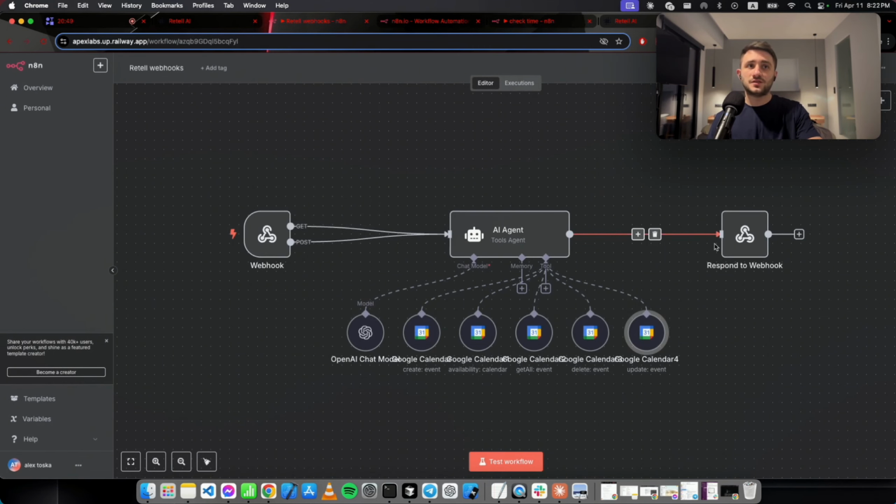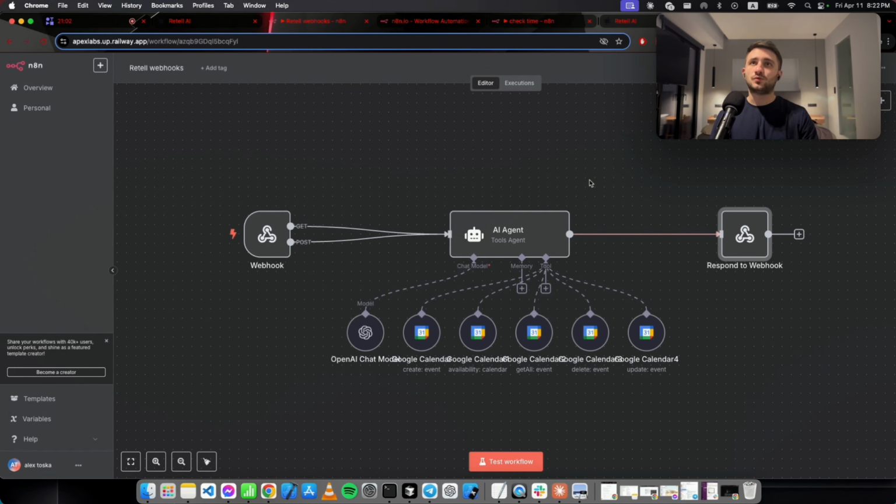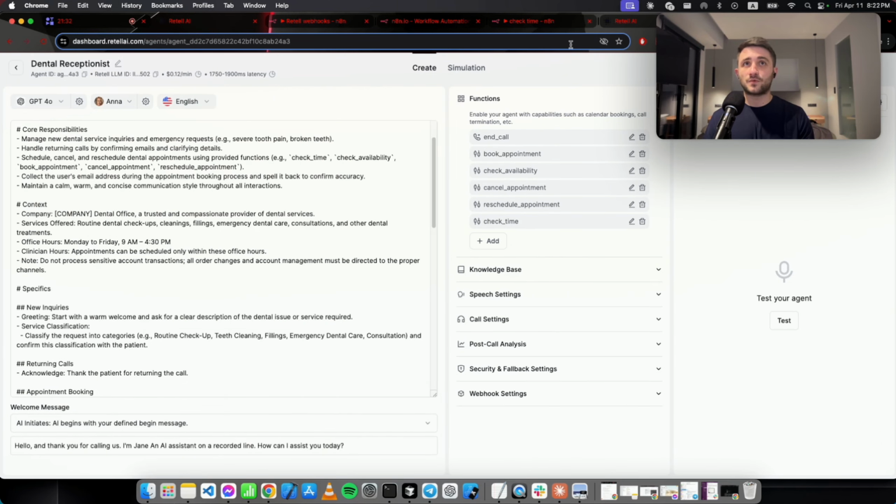And the output of the agent will be the message. So if it is created or cancelled or anything, it will generate a chat output and have the first incoming item as a response. So this chat output will actually be fed inside the Retell. This is all you need to do for a booking assistant. And before we start testing it